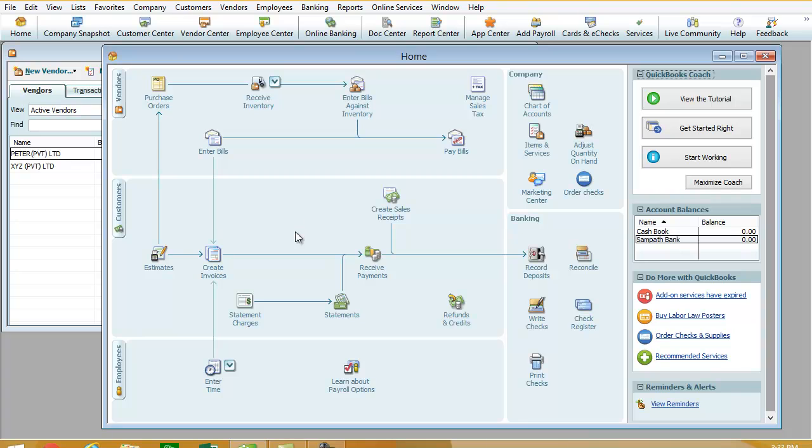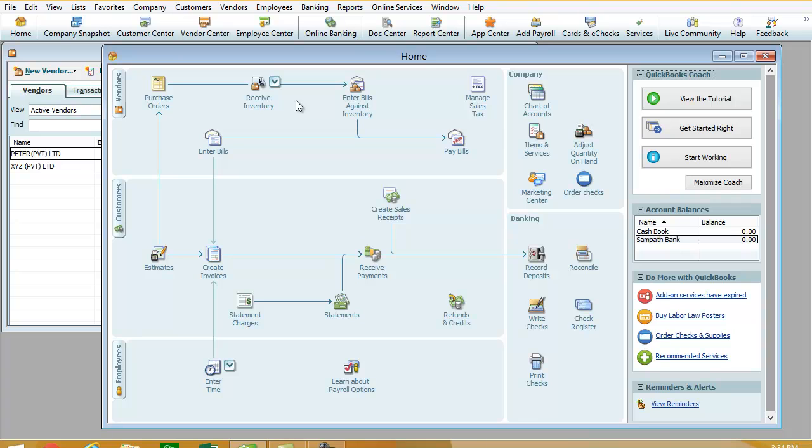How can we receive them? The second step: how we can receive the goods in QuickBooks. We want to enter the entry for receiving goods in QuickBooks. Okay, we'll see how to do that. In the main menu, once you click home, you can see under the vendor area, we have covered purchase order.